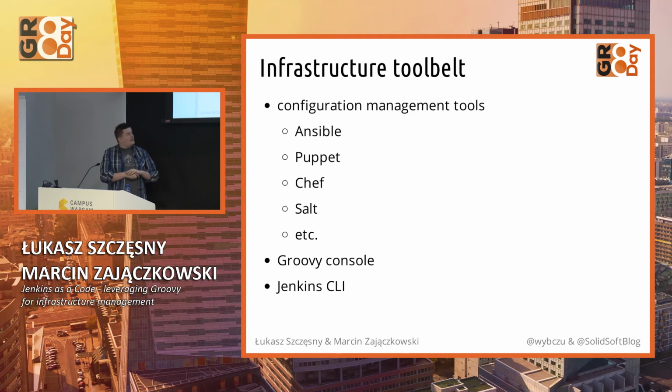So I'll start with configuration management tools. There are plenty of configuration management tools. You can use whatever you want. You can use Salt as well, of course. But we were using Ansible. You can use Puppet, Chef, Salt. There is a really great range of plugins or modules for those configuration management tools that can help you with managing Jenkins. Also, you can use Jenkins CLI